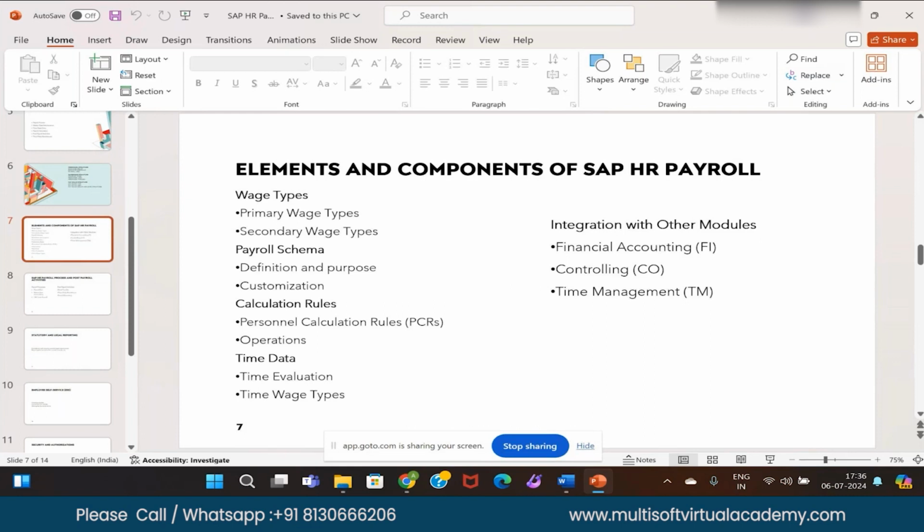Because if it is a small error, like for 4 or 5 employees, you can correct it manually. But in a big organization, we cannot correct the errors manually, right? So there is another program like Matchcode W. It will give you ready-made input for the similar errors, and then you can run the program once again after correcting errors, and then the payroll will be run successfully.